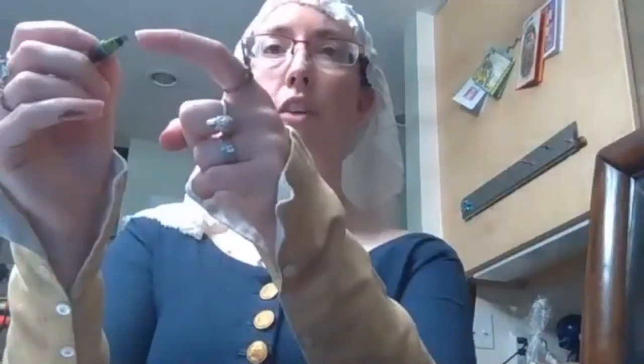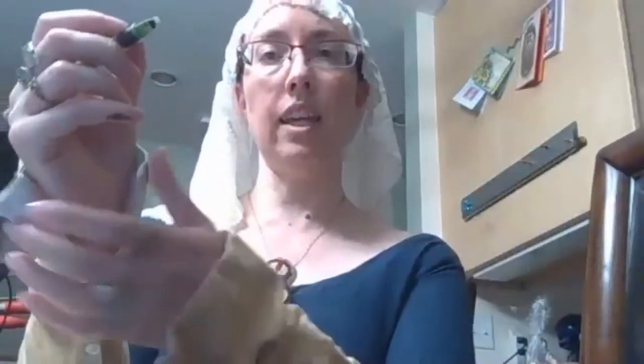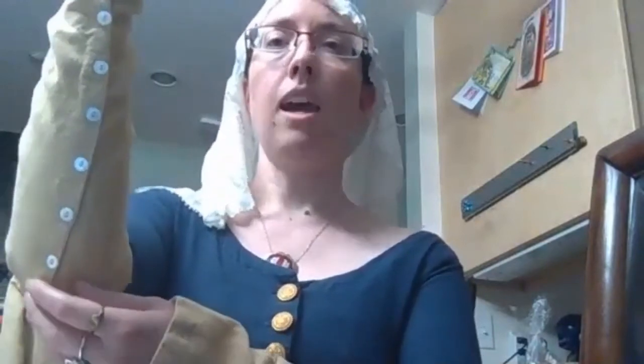So when I'm executing this, I'm not pulling my shoulder this way, but what I am doing is sort of pulling my elbow down. And so I'm sort of using everything from the tip of the nib all the way through my hand. I'm trying to keep the position of my fingers still as I do this, all the way down my arm, down those. I didn't do this just to show off the buttons, I swear, all the way down to my elbow. And so I am rotating from the shoulder, pulling that elbow down and trying to keep everything else still while